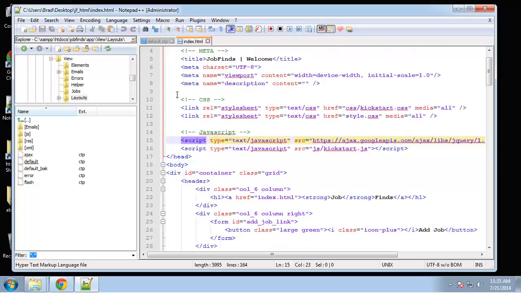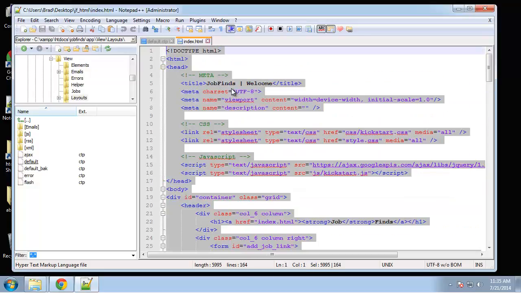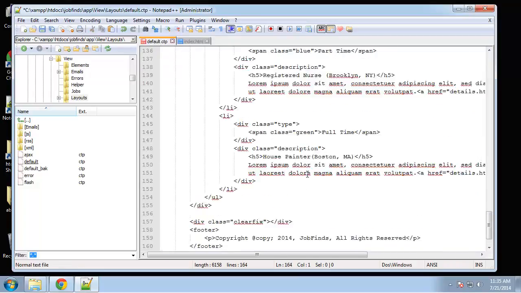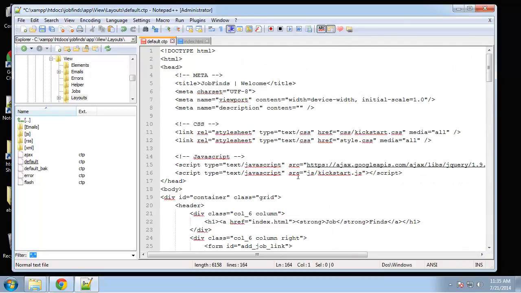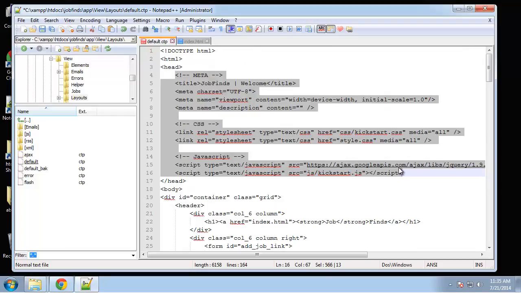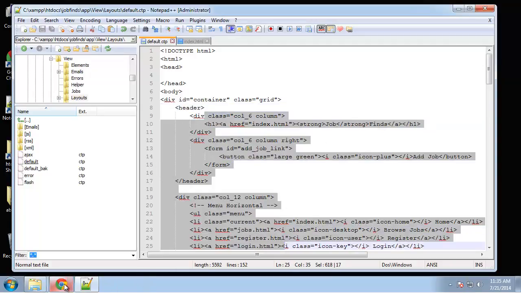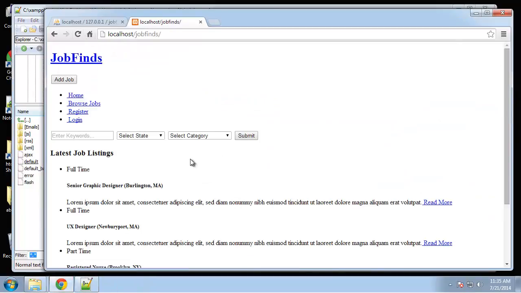So for now, I'm going to copy it all and paste it, and then clear out the head, and we can go through that step by step. All right, so we'll go ahead and remove all this. Now if we save this, we should see all this static content. All right, so we can see we have all that. The static text, no CSS because we cleared out the head,